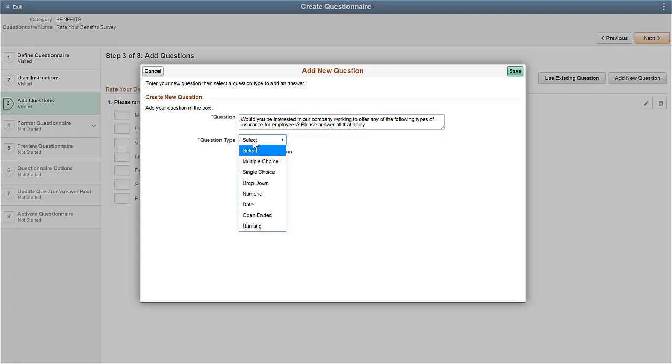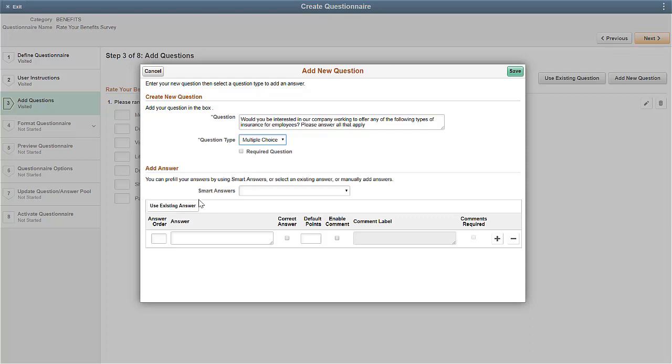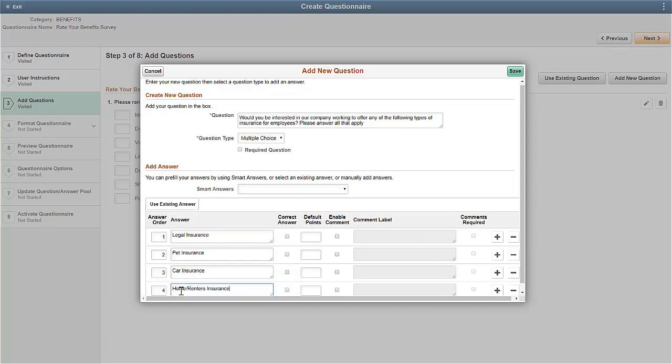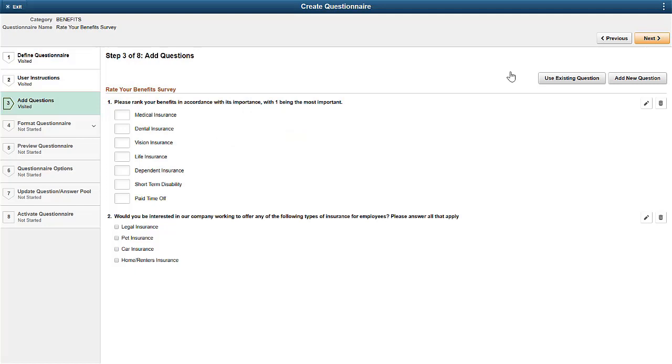This is a multiple choice question. Now let's create an open-ended question.